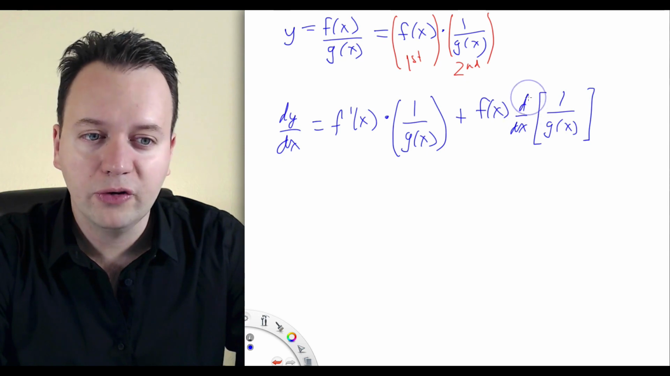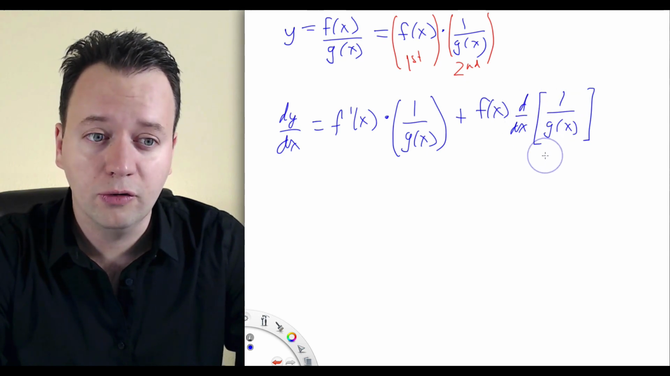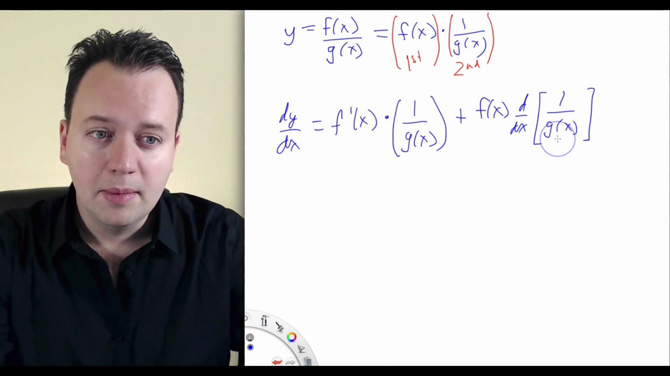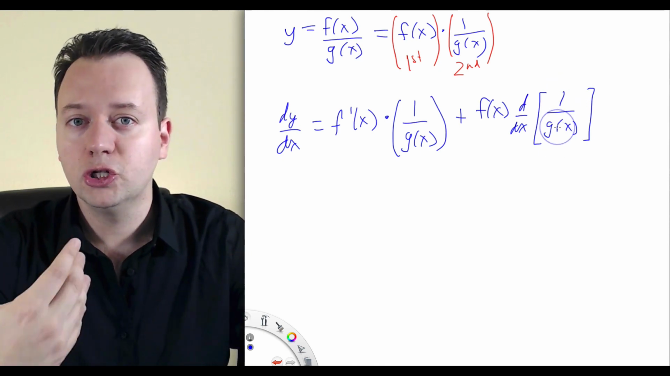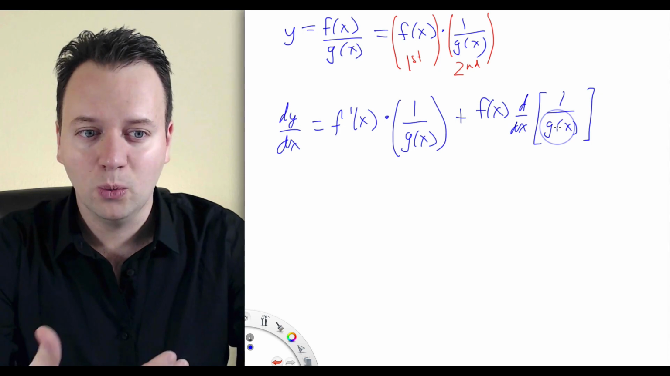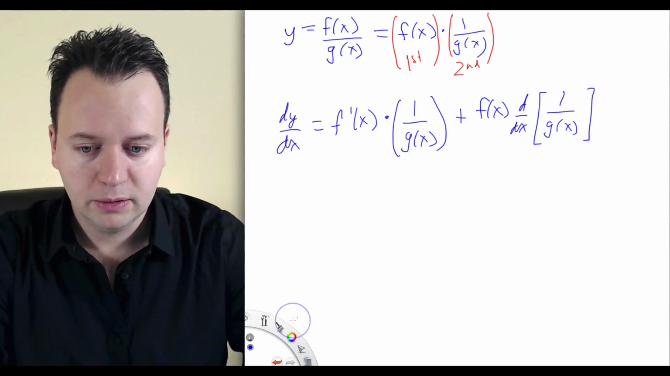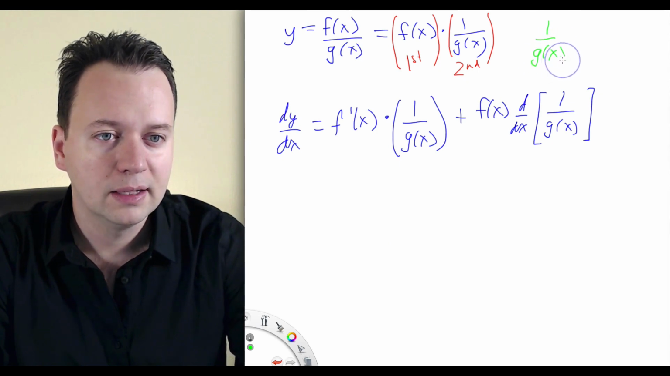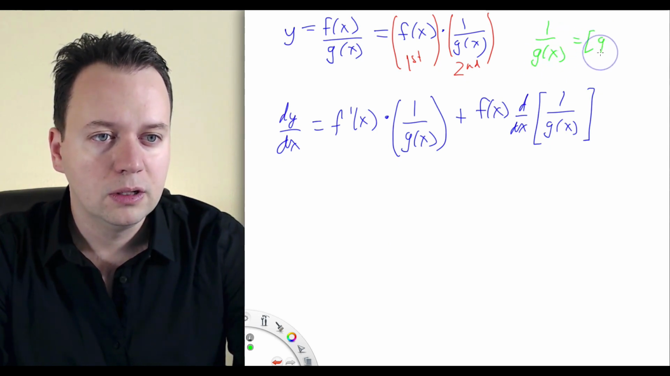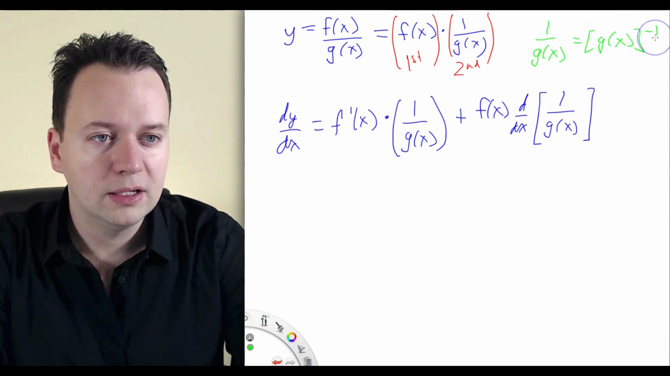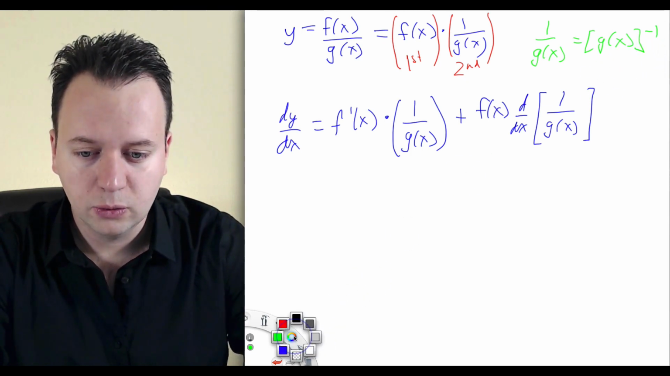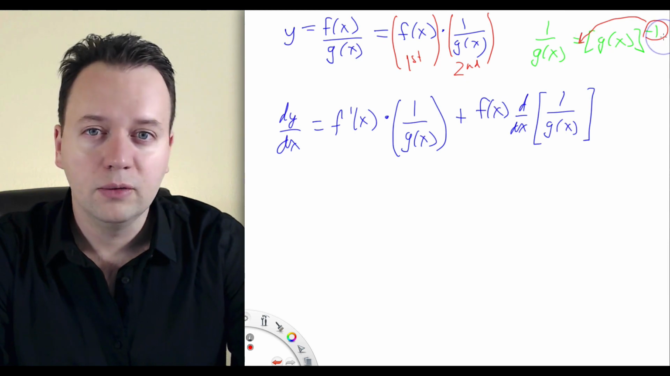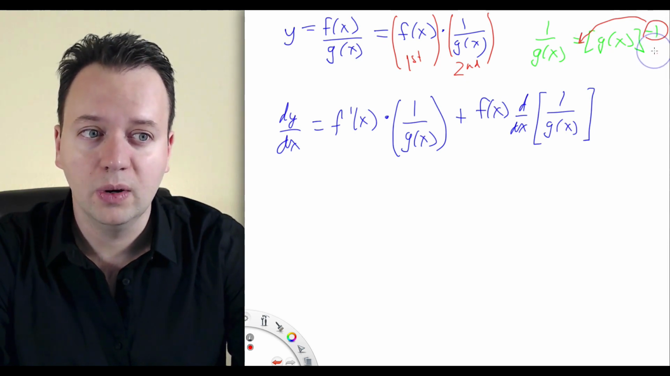So here we have to figure out now how to take the derivative of 1 over g of x. Well, to do that, we rely on the chain rule, because 1 over g of x is really just g of x raised to the minus 1. Right? So let me make a note up top. So 1 divided by g of x is just equal to g of x raised to the minus 1. How do we take the derivative of that? Well, the minus 1 comes down, we subtract 1, making it a minus 2, and then we multiply by the